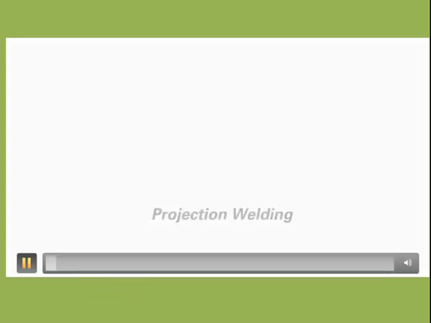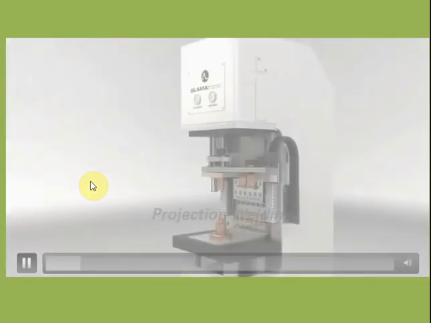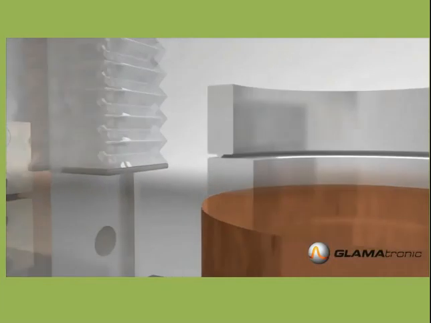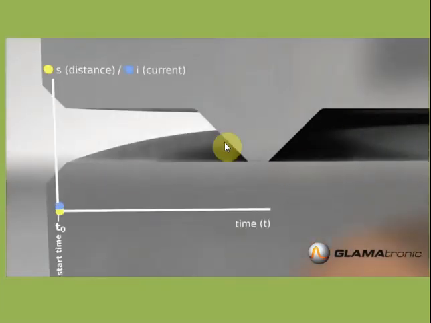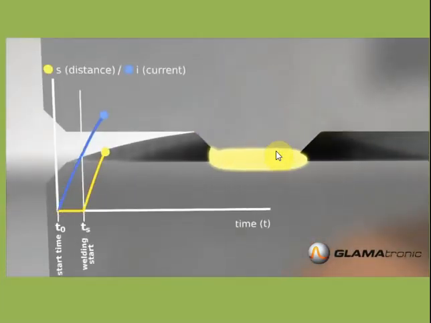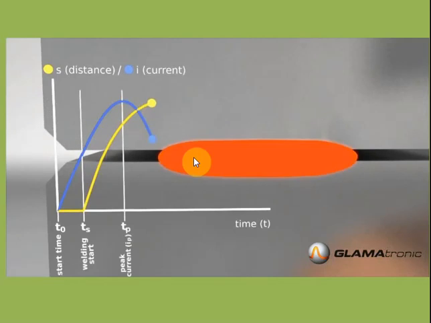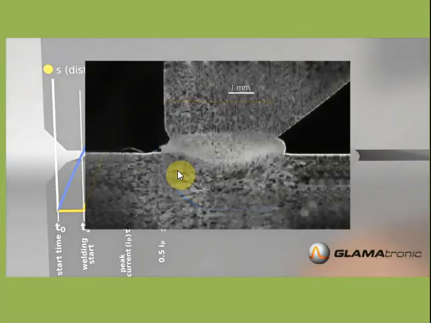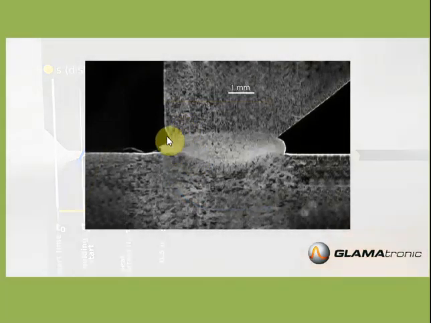Now we will see one video related to this one. This is one kind of projection welding machine. This is the electrode. This is the workpiece. Here you can see the projection, applying the pressure as well as current simultaneously. The coalescence or melting of the workpiece occurs, and finally the required weld. This is the process. This is the microscopic picture of the weld zone.